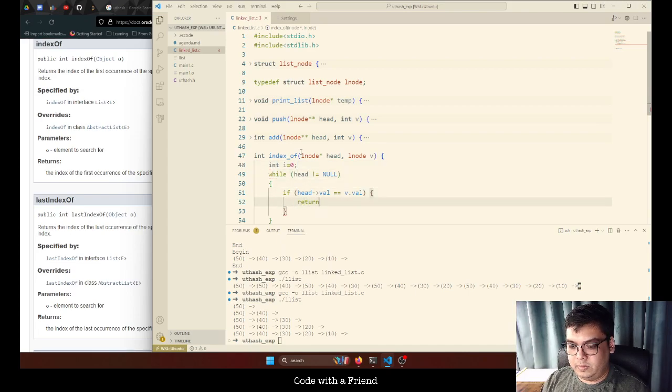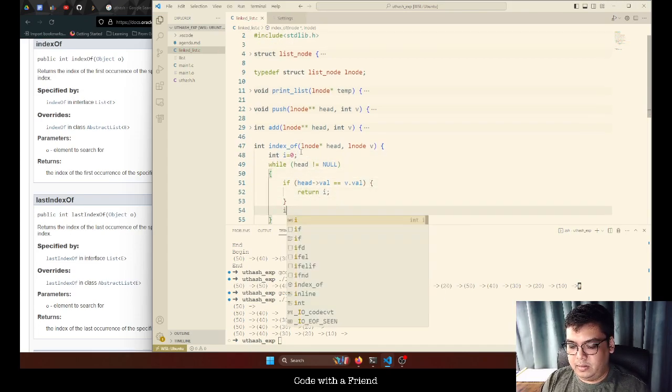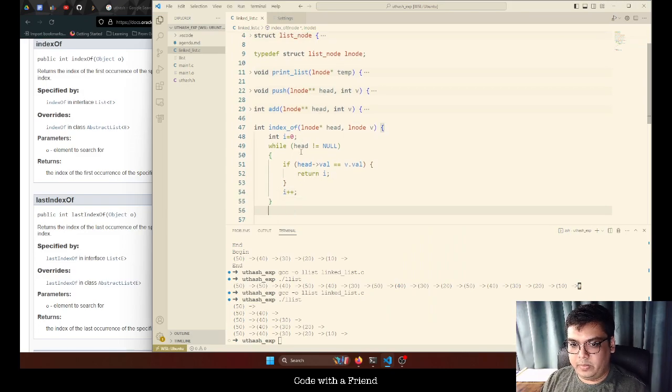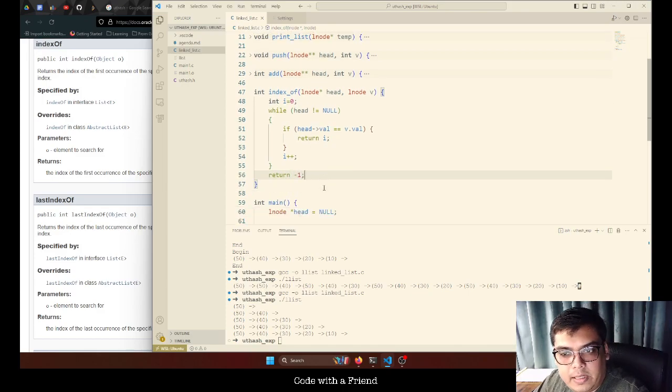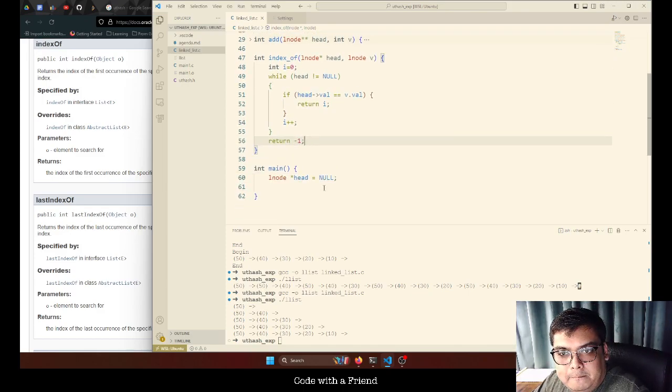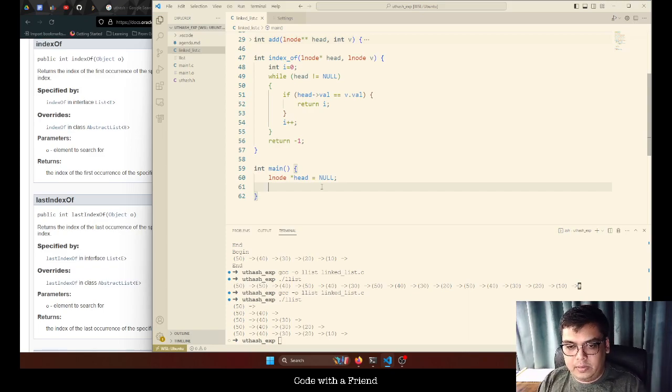So it will return i there, otherwise we'll keep incrementing i. In the end, we will return -1 if we don't find anything. So this is like a reasonable linear search function, right? So which means